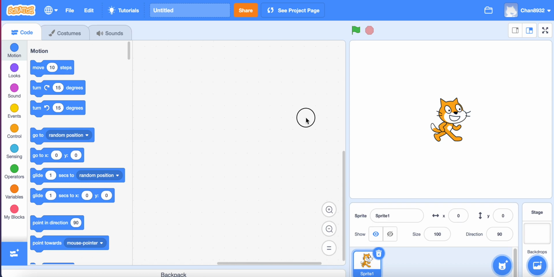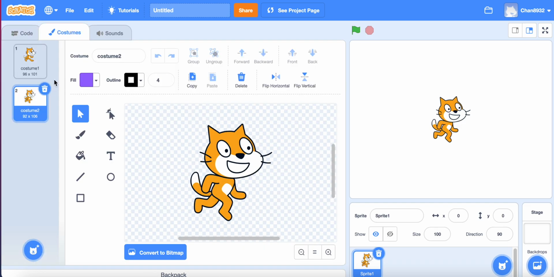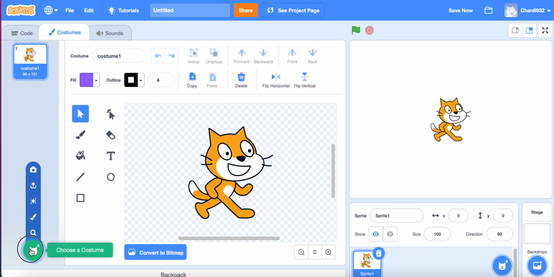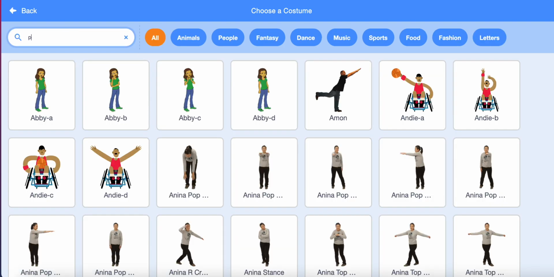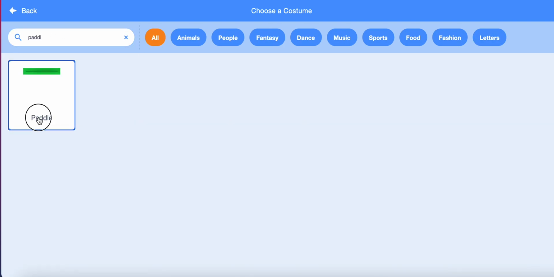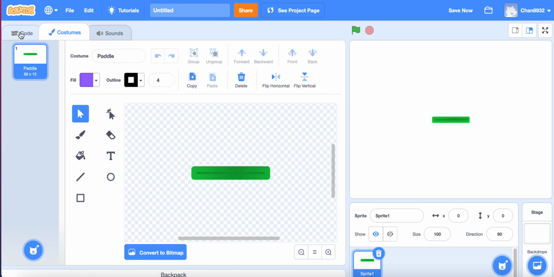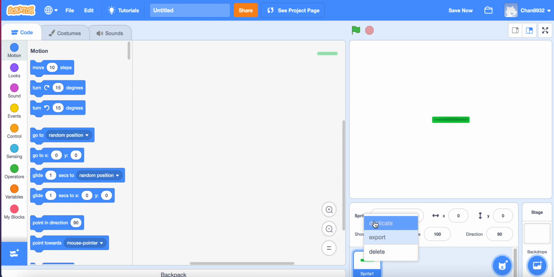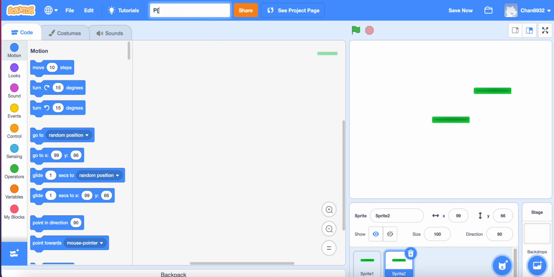I'm going to show you how to make a very simple Pong game in Scratch. So let's get started. First, I'm just going to delete these. I'm going to search for paddle. So then we can duplicate this. Now let's just call it